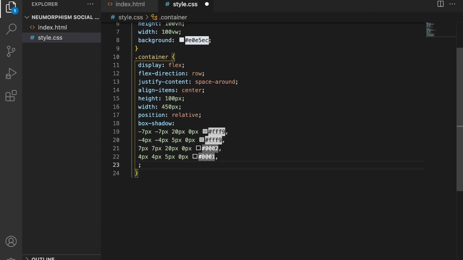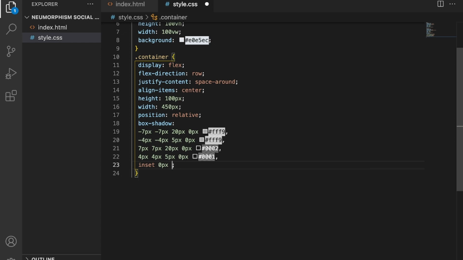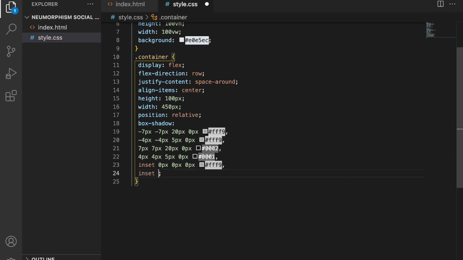Actually you do not have to learn all of these properties. You can just practice and apply, and okay. So here I will write 0 pixel, 0 pixel, 0 pixel, hashtag F9. Inset 0 pixel, 0 pixel, 0 pixel, 0 pixel.